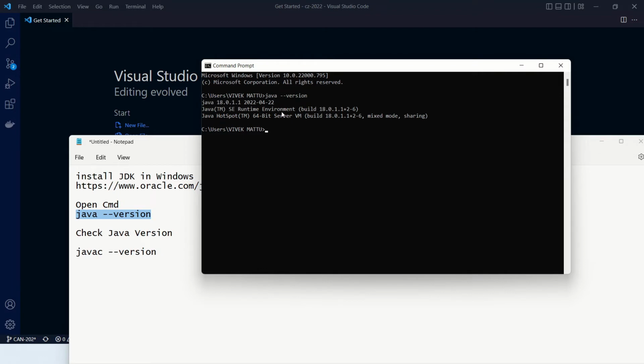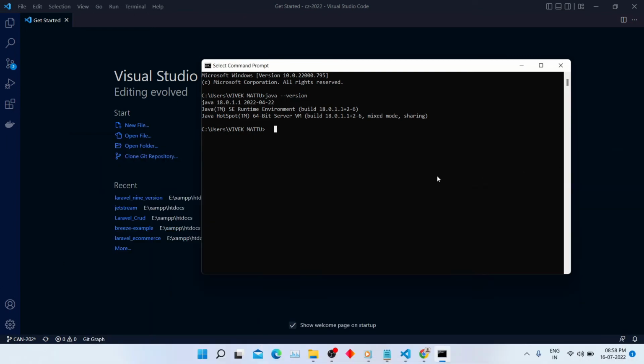If you see this in command line, it means Java is installed successfully and working fine. You can check the Java version in command line through this command. Write javac double hyphen version and click enter. You can see the current version of Java is